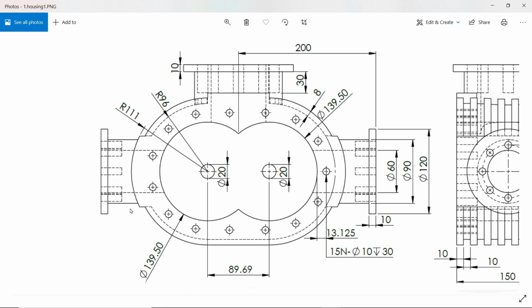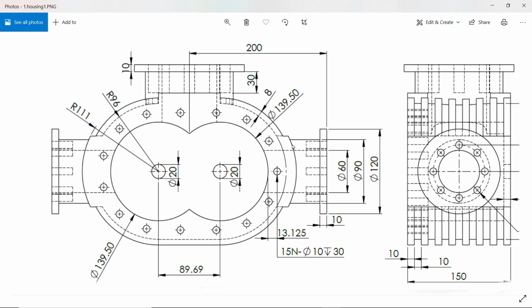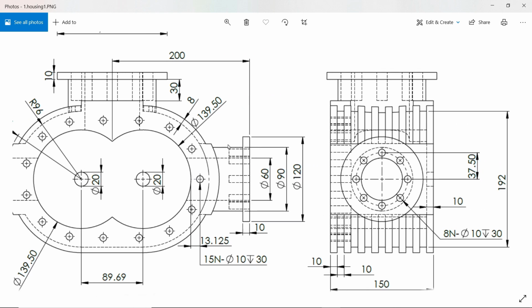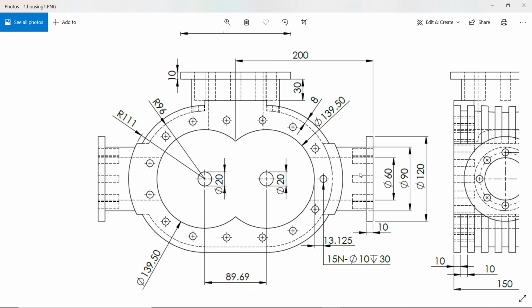This is actually 100 millimeter. This one actually 100 millimeter, and this one we will create up to the end wall. See here, you will see inside section view.